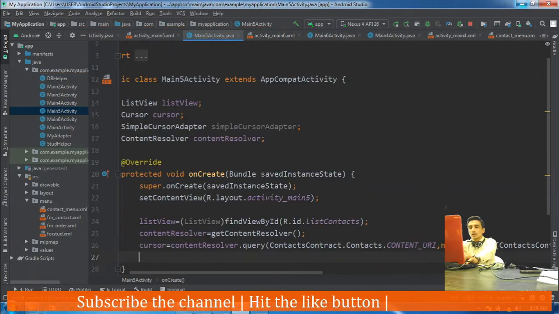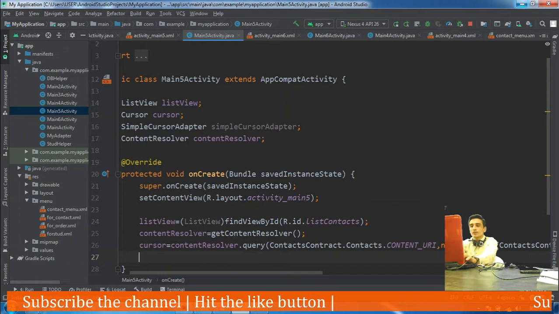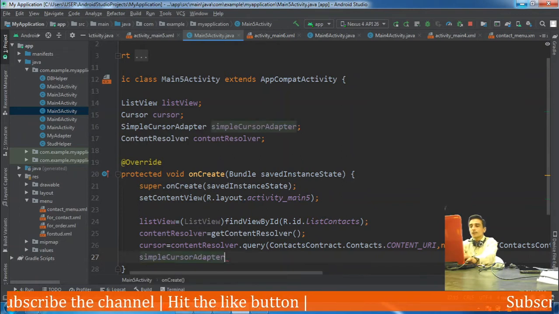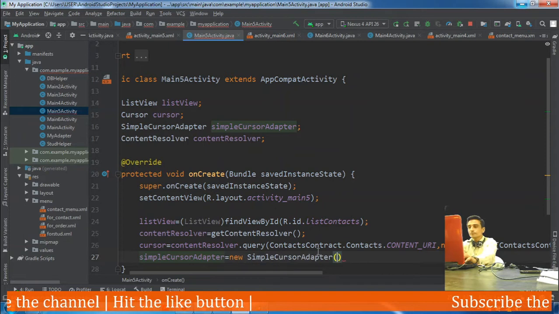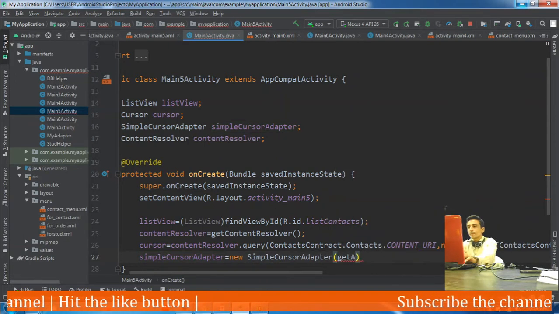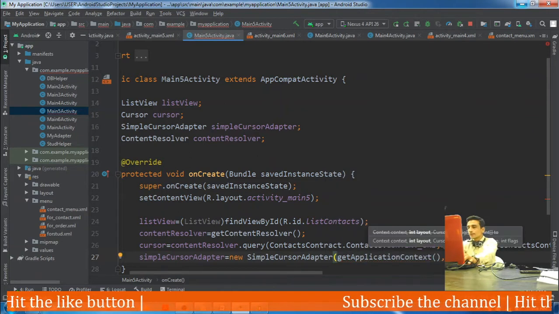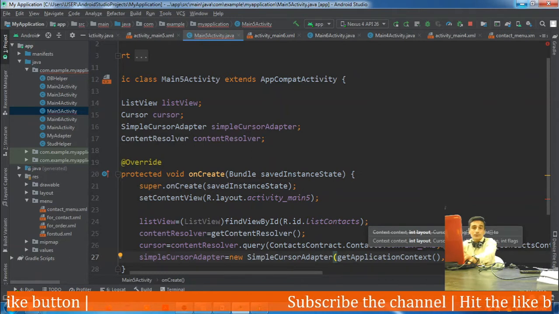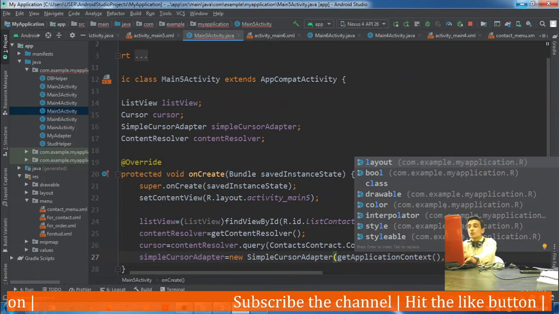So you can see here content resolver dot query returns a cursor, and this cursor will be provided to the simple cursor adapter. New simple cursor adapter. Here the first argument is the application context, and the second argument is the layout for the list view.